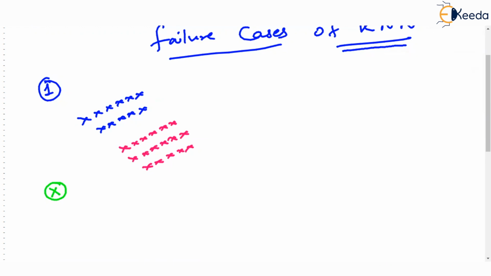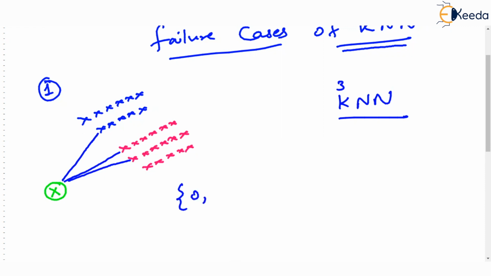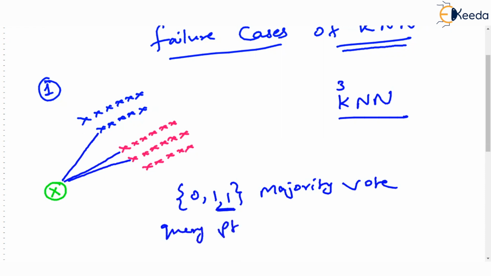What does KNN do? It will simply find K nearest neighbors. Imagine that we take K as 3. Then maybe this neighbor is first nearest, this neighbor is second nearest, and this neighbor is third nearest. We take the output of these 3 neighbors. The blue point's output is 0, the outputs of both red points are 1 and 1, and we take a majority vote, and the majority vote is 1. So we say the query point belongs to class 1.